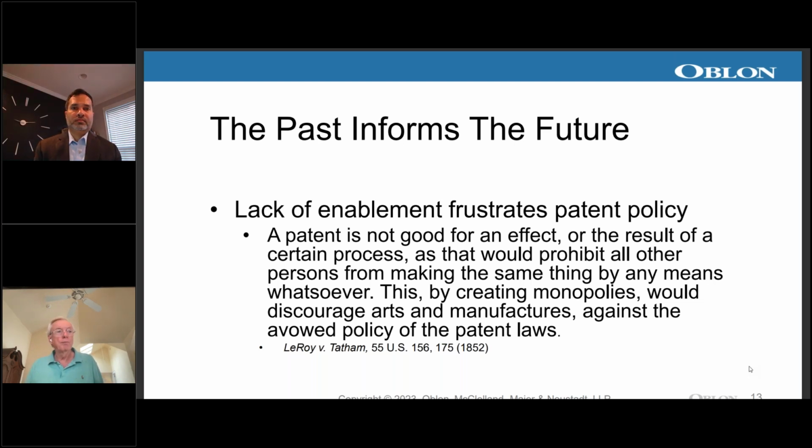Now, one of the things that struck me when I read the Amgen case was not the result, I expected it, but the comments I read from some of the commentators who thought the sky was falling and that antibody development was going to be frustrated. What those authors did not consider was that if there's a lack of enablement, you're also frustrating the public policy by basically getting a monopoly on something you didn't enable, which is going to frustrate others from trying to develop competing technology.